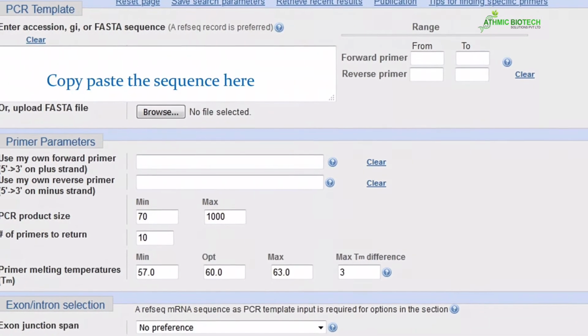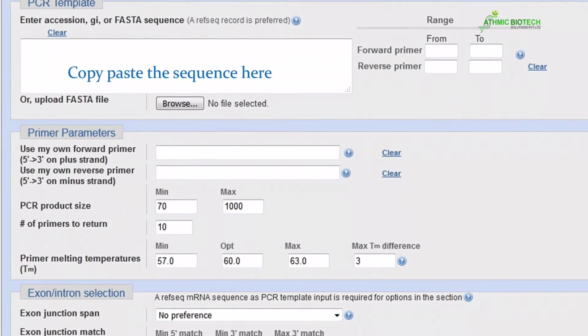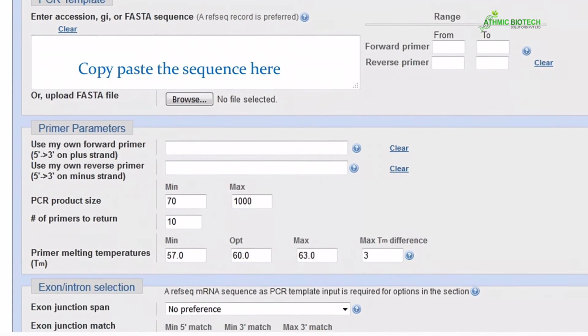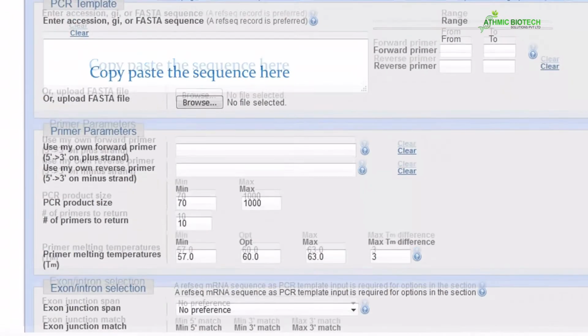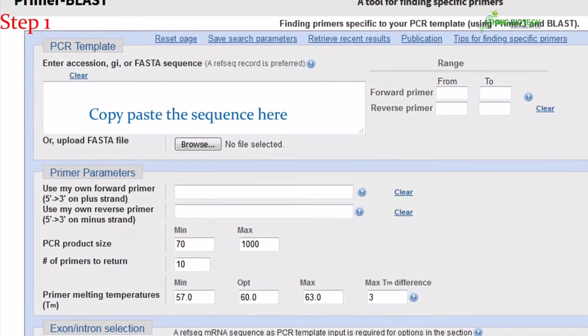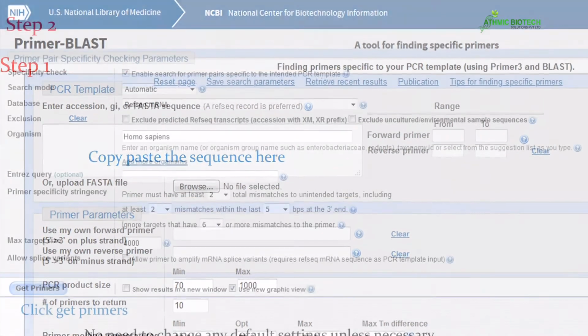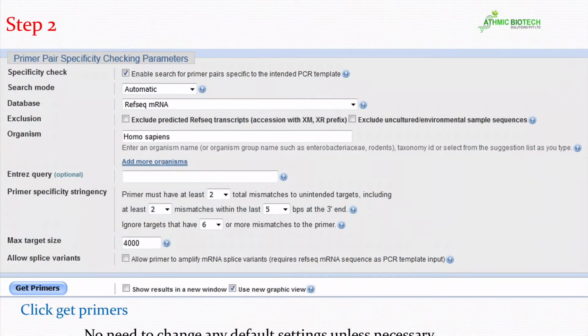Go to Primer-BLAST in NCBI, where you can see a window like this. Copy and paste your sequence here, and at the bottom of the page you can see Get Primers. There is no need to change any of the default parameters unless necessary. So you go to the bottom of the page and click Get Primers.